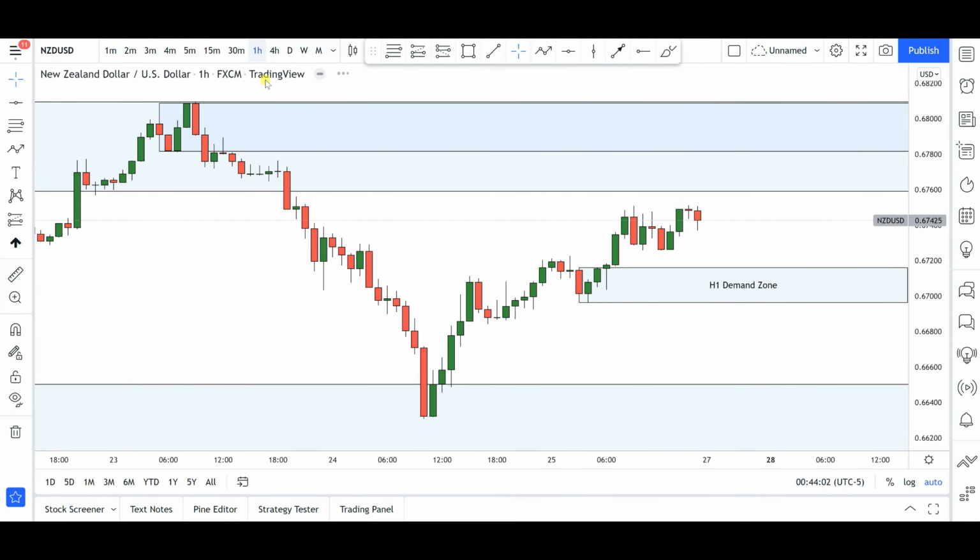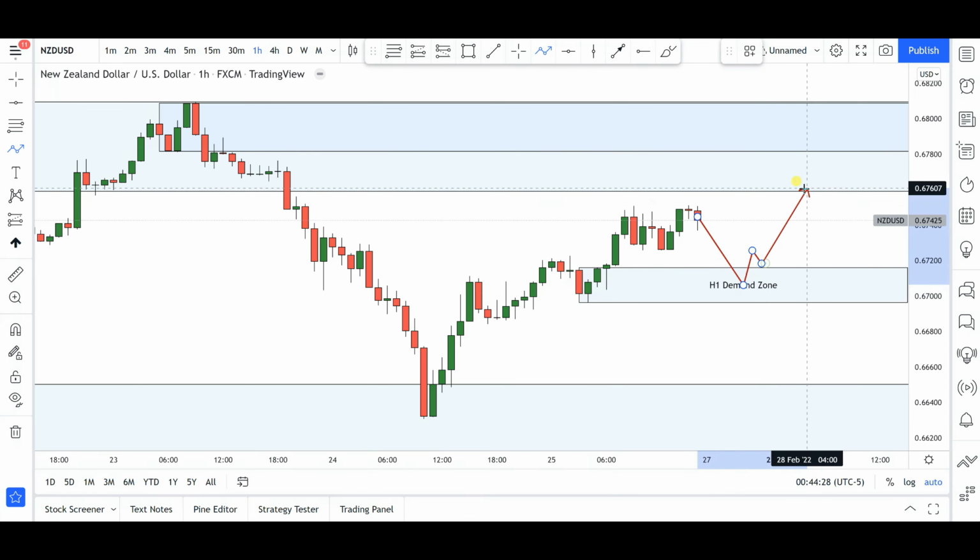Now, taking a look at the hourly time frame, just similar to the Australian dollar US dollar currency pair, this is also a very nice one. We had this nice supply zone in here. Price ran into that supply zone, and finally in here we broke that level of structure to the upside, and this demand zone was formed. So from here, a push to this area, maybe to retest the 0.6700 decisional price level,